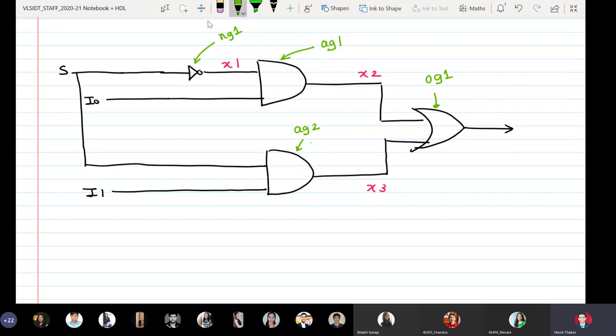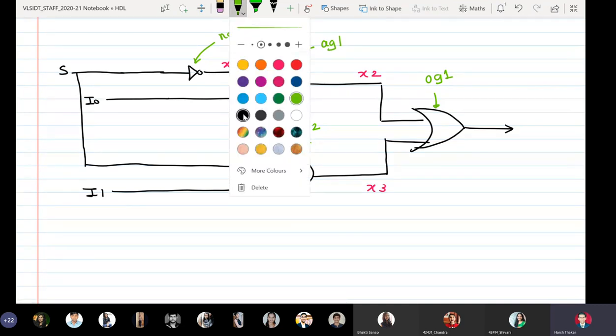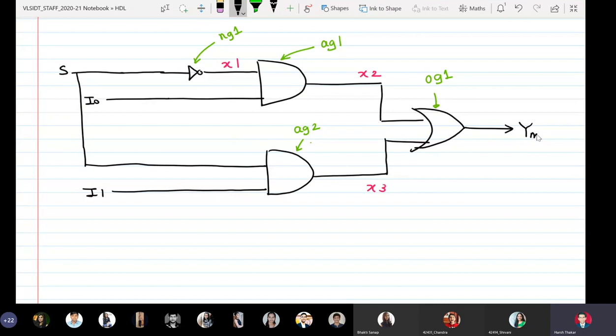Okay, and this is my output of the multiplexer YM.